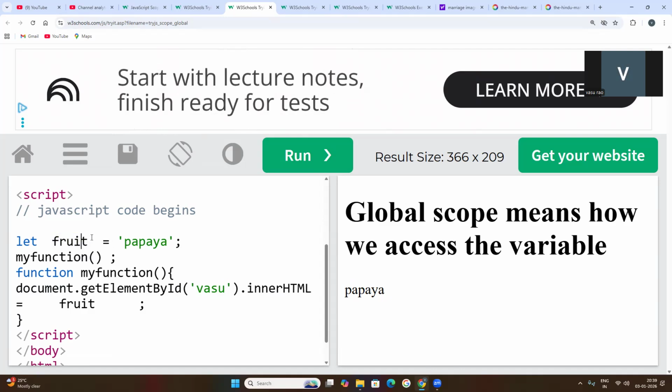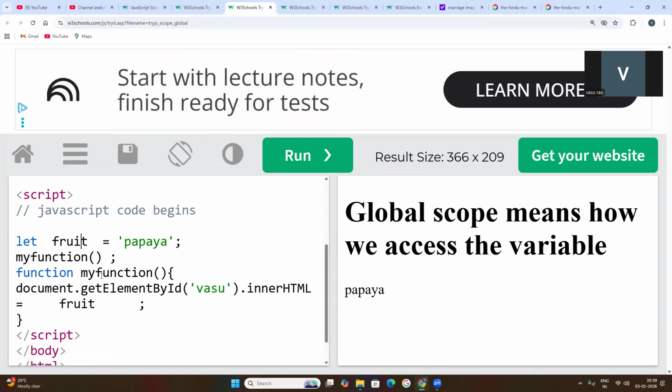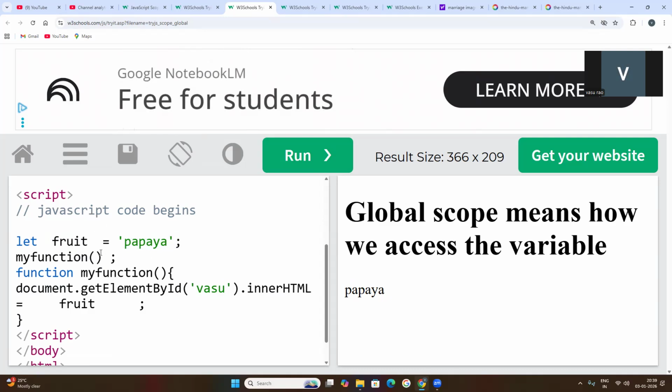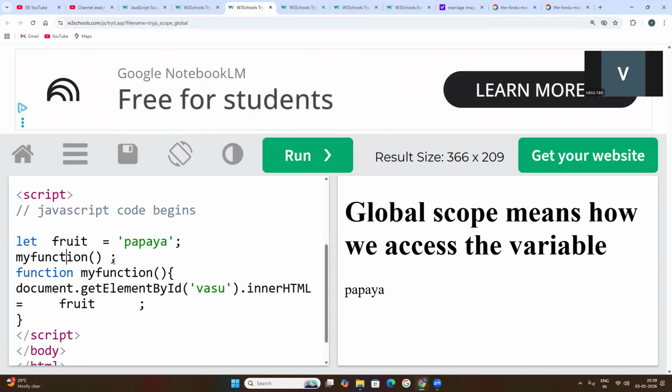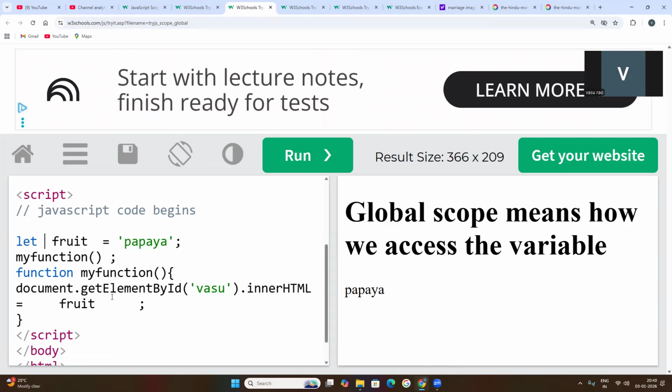I told you that in JavaScript there are three keywords, let, const and var, which are used to create variables. The fruit variable is created and a value assigned. The function myFunction is created and called. This variable is created outside of this function, so its scope is anywhere you can use it.